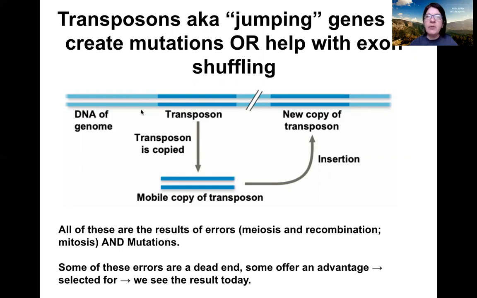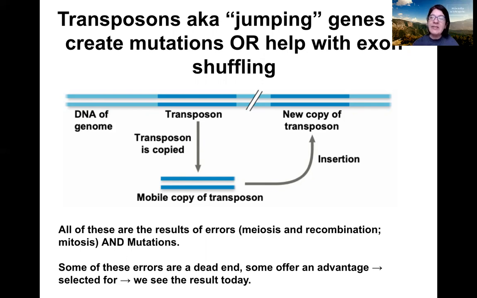They can copy neighboring DNA and carry that neighboring DNA to a new location, and thereby contribute to that exon shuffling that I showed you earlier. So they are a driving force in exon shuffling. So all of these that I just told you, the duplications, the exon shuffling, the jumping genes, are really a